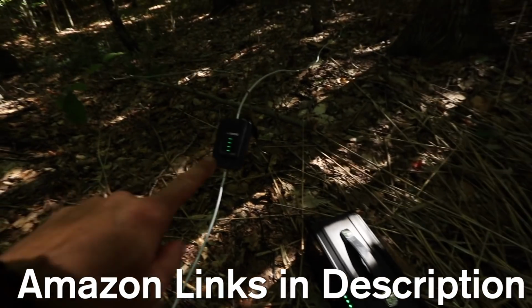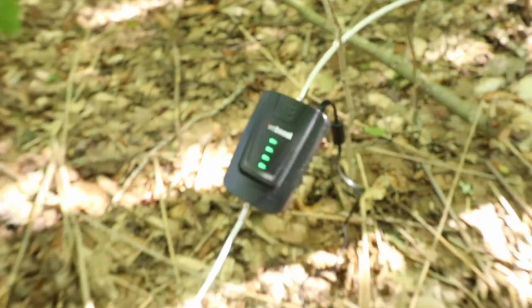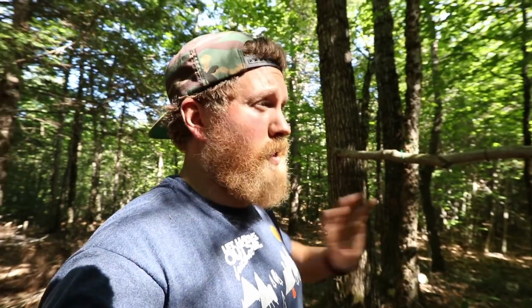And I have what is called the Wifi Boost, which is connected to a transmitter. And then there's an antenna 20 feet over there. They're very simple to hook up. 2 wires, you set it up. If you have bad signal at your home, it takes almost minimal amount of electricity to run this thing 24/7,